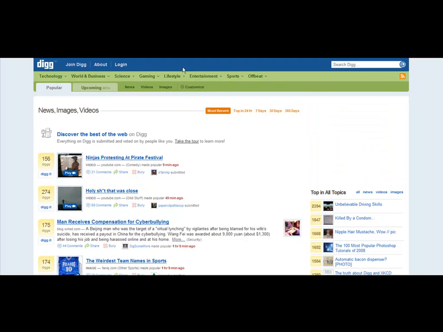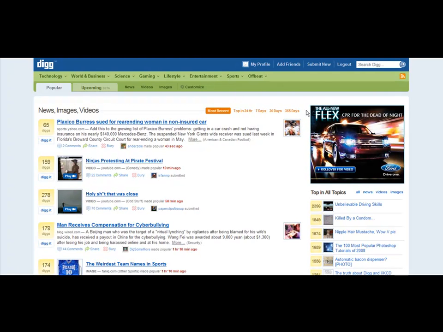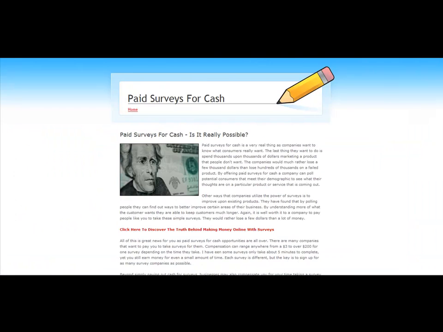So we'll go ahead and log in here, and let's just click on login. And once you log in, you're going to look up here at the right side where it says Submit New. So go ahead and click on Submit New. That's what you're going to click on. Once you've clicked on Submit New, where it says Enter the URL, you're going to go right back over to